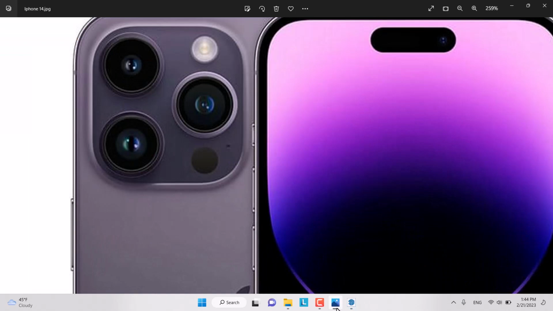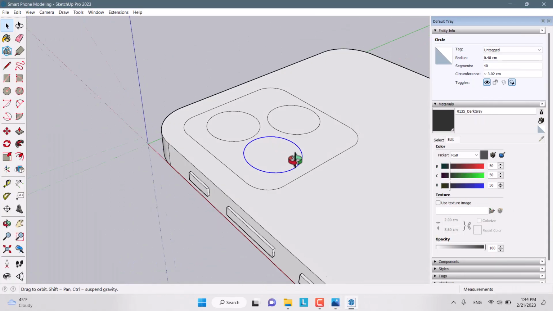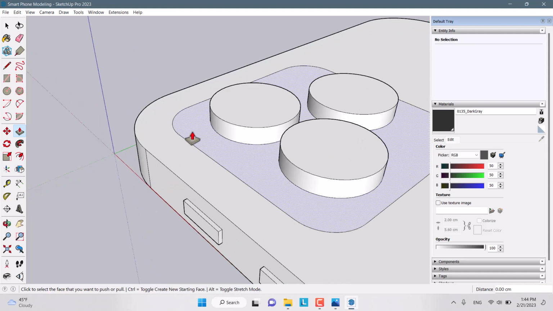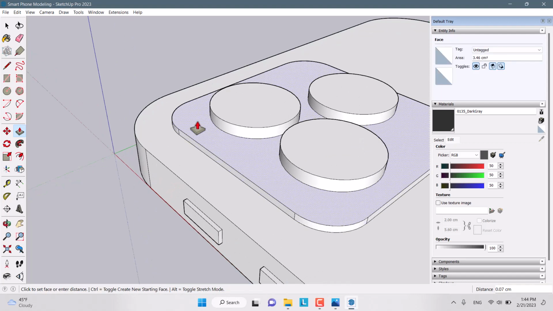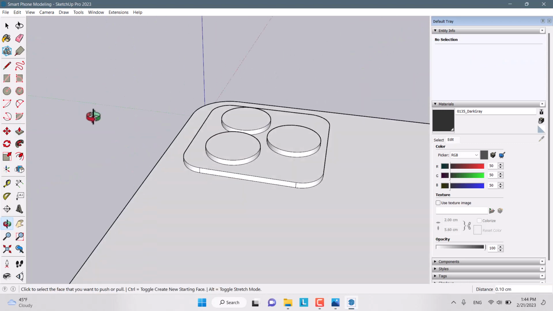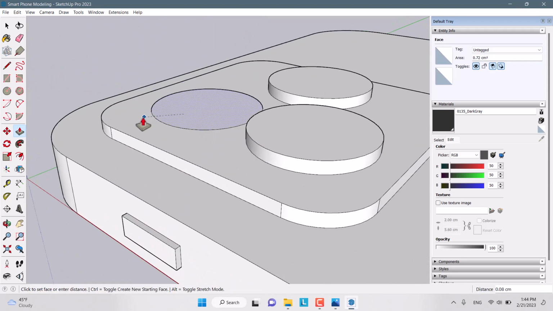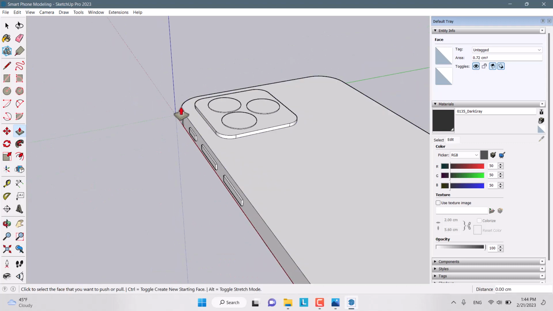And now come back to the picture. It's a little bit extruded. So at first I extrude the circles about 2 millimeters for each circle. And the body of the cameras is about 1 millimeter like that. And maybe the circles are a little too high, so I decrease it to 8 millimeters like this, and